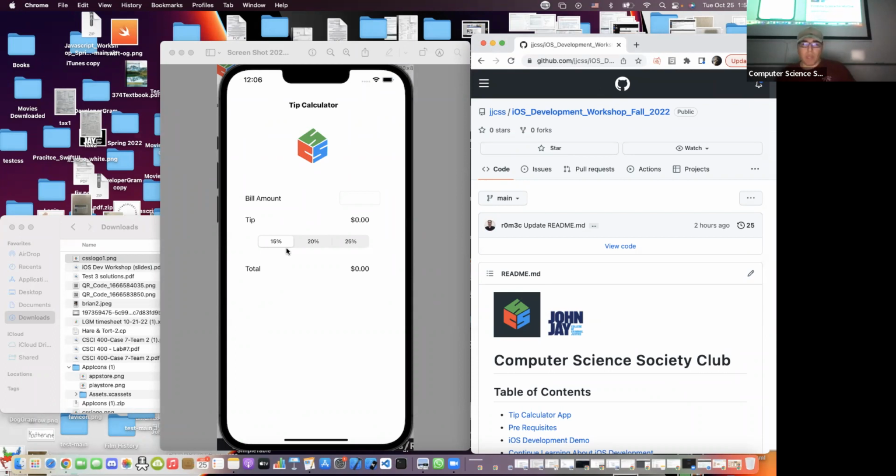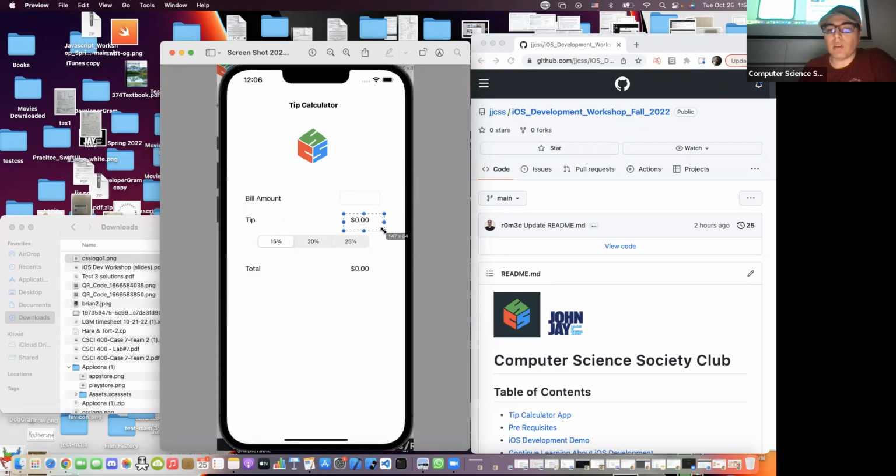But yeah, before we begin, this is the quick layout that we're gonna build out first. As you can see, we have a text that says tip calculator. Then we're gonna include an image. Then we're gonna include a label, bill amount. You're gonna see how simple it is to add this, and we're also gonna include a text field where the user will enter how much their bill is, and then a simple label to display text called tip, and